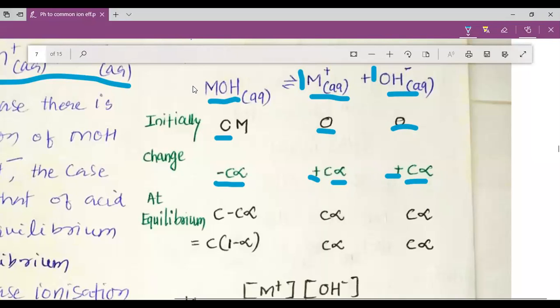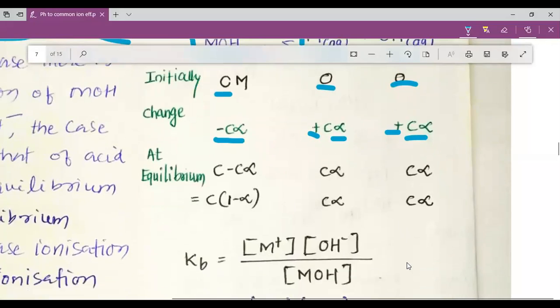Now here also the stoichiometric coefficient is 1, so we will write minus C alpha. If the stoichiometric coefficient is 2, we will write minus 2C alpha. If the stoichiometric coefficient is N, we will write minus NC alpha. Please remember and understand it well. Now, my